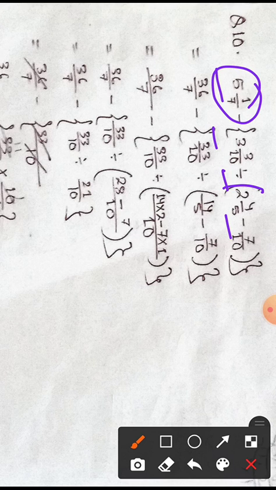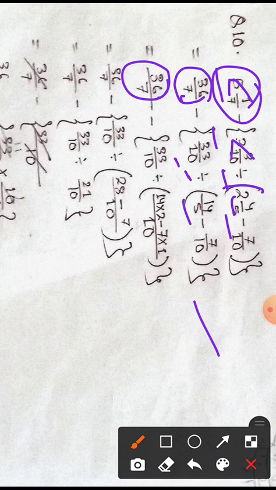Now change these into improper fractions. When you change, 5 sevens are 35 plus 1, 36 by 7. Then we have 10 threes are 30, 30 plus 3 is 33 by 10. Then divide sign, 5 twos are 10, 10 plus 4, 14 by 5 minus 7 by 10, and this bracket closes. So 36 by 7 minus, bracket open, 33 by 10, divide sign. Then find the LCM of 5 and 10. When you find the LCM of 5 and 10, your LCM will be 10.